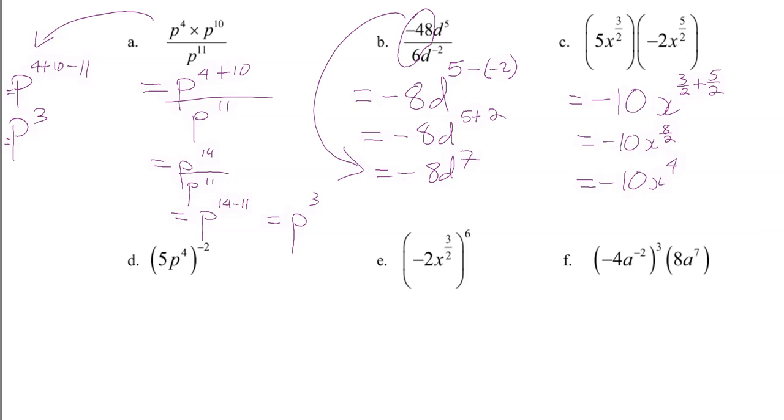5p to the 4th to the negative 2. So this 5p, it's being raised to a negative power, then we move it, okay? So just say, if you see a negative exponent, just write the thing over 1, write it as a fraction, and then say, okay, now what I'm going to do is move the negative exponent into the denominator, and it becomes 1 over, and then this will become a positive exponent, so we get 1 over 5